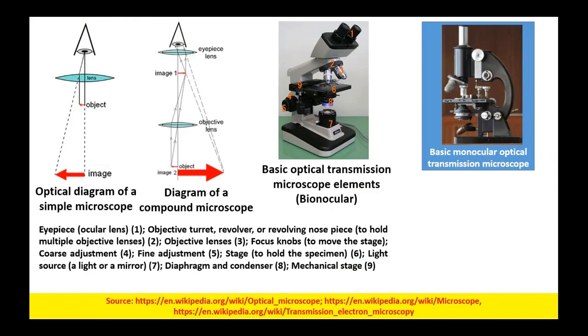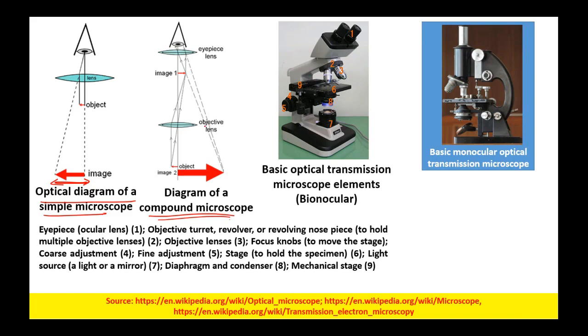Now coming to the optical diagram of the simple microscope, I have already told you. So you have the object over here. If you place it just nearer to it, you will find that an amplified image is being formed. So this is the optical arrangement of a simple microscope. Okay. However, in the case of compound microscope,